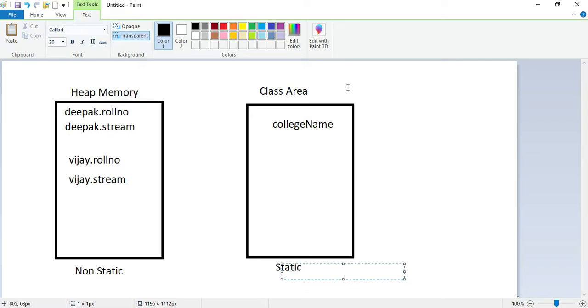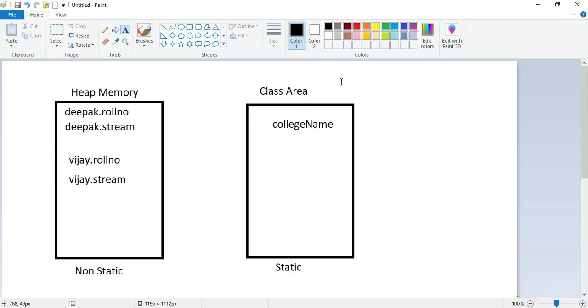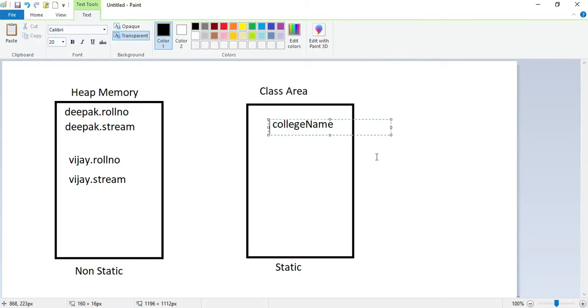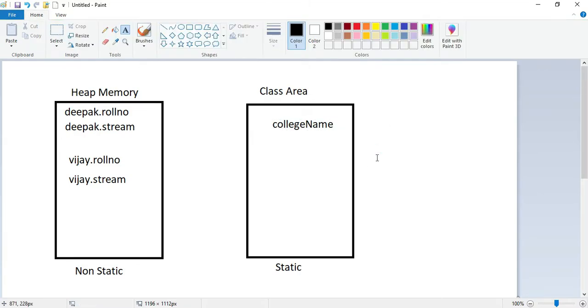All these static properties are created in class area memory rather than heap. They get initialized in the class area, and they will be initialized only once, as it is static. Static means the value of this particular variable will be the same for all the objects of your Student class.